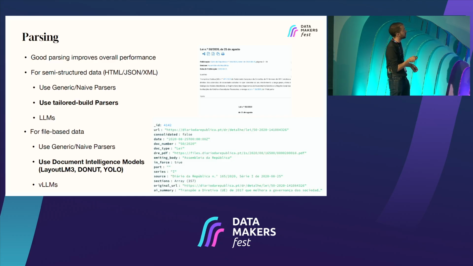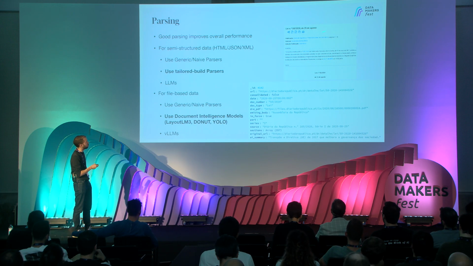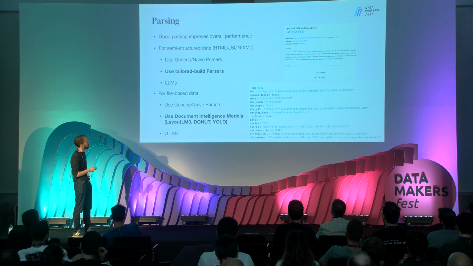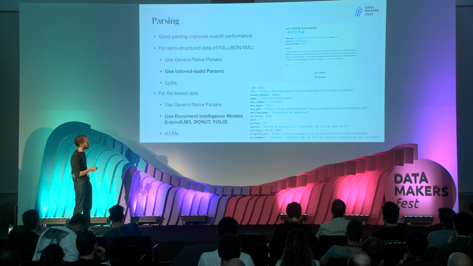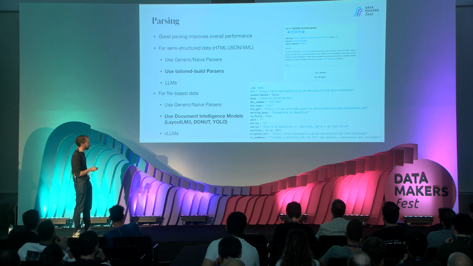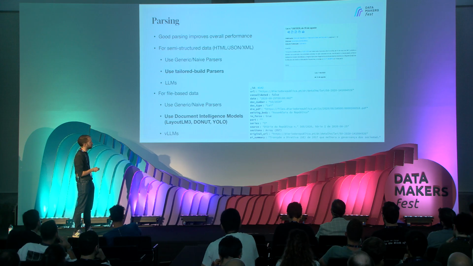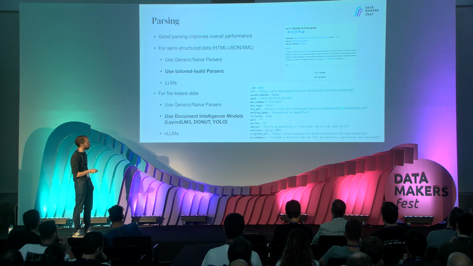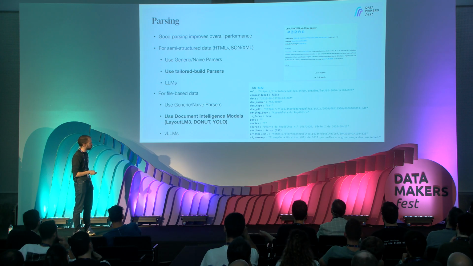So for example, this here is a law from the Portuguese legislation. This is a website. And what we did was create a tailored parser that transforms this HTML into this JSON. So everything is parsed, the typing is perfect for indexing and for querying. We can also have some doc types. In this case, this is a law. We could also have a law decree, stuff like that. We have the original link to the PDF if we want to show our users, and so on.